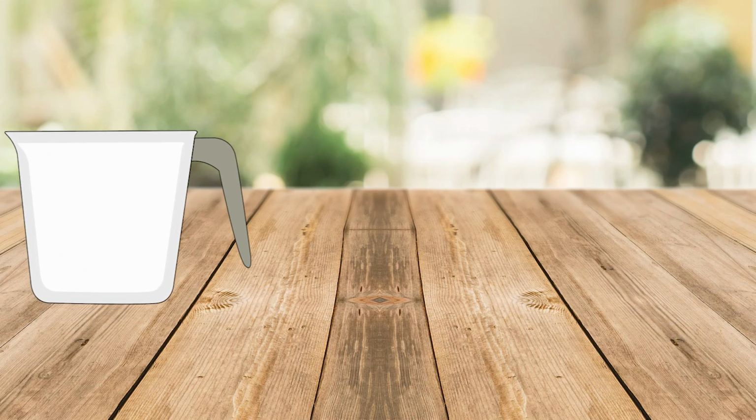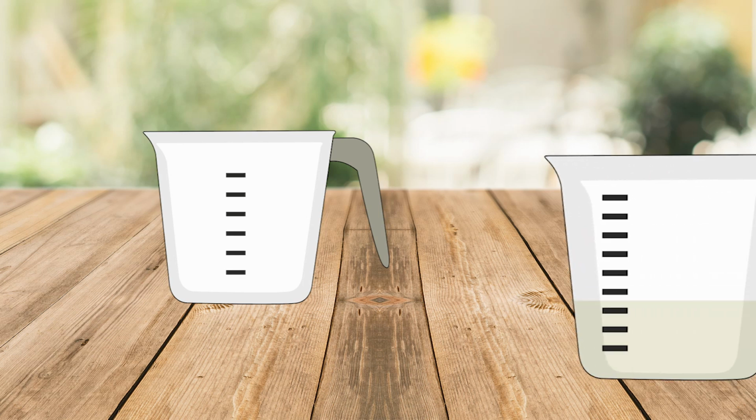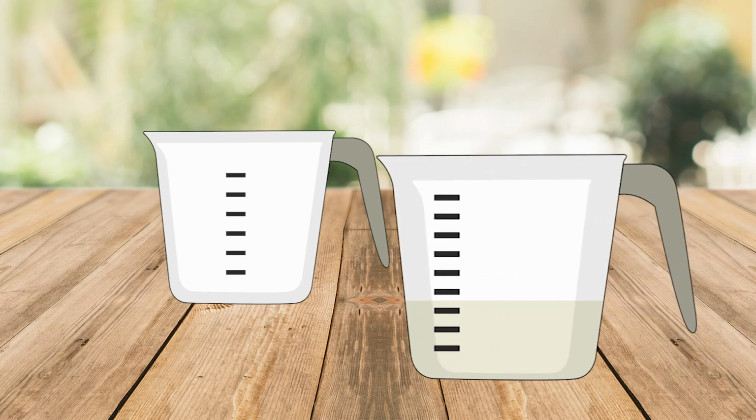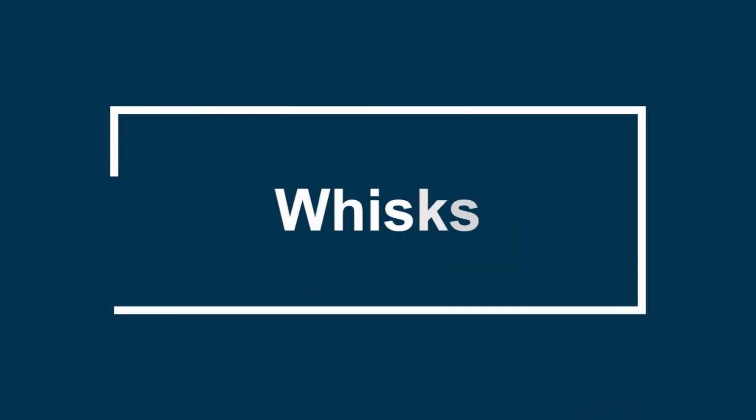Measuring glasses are also used for pouring the measured amount of milk and liquid products while preparing the batter for the cakes or the dough for the biscuits or the bread. Sometimes the measuring cups are being used as measuring glasses as it is marked with the volume capacities. Usually measuring glasses come in the ranges of 250 ml to 1000 ml.